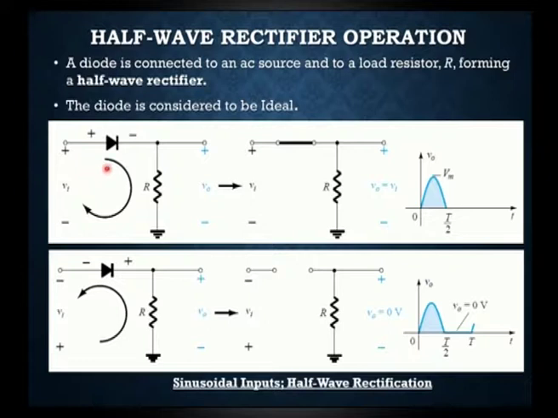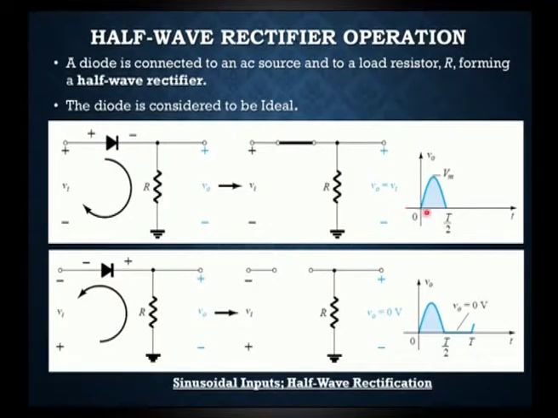The current flow here we can observe with the help of the polarities we made. The current will flow like this, making this diode operate in a forward bias condition. That is why, in the equivalent circuit, we mentioned it as a short circuit. So it will flow across the resistor and through ground. Across the resistance, if we measure the voltage, that voltage will be equal to the input voltage. So this is V naught, that is equal to V i.